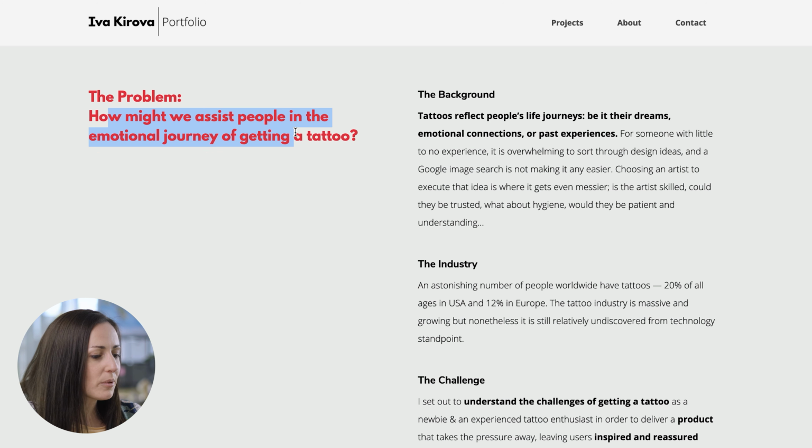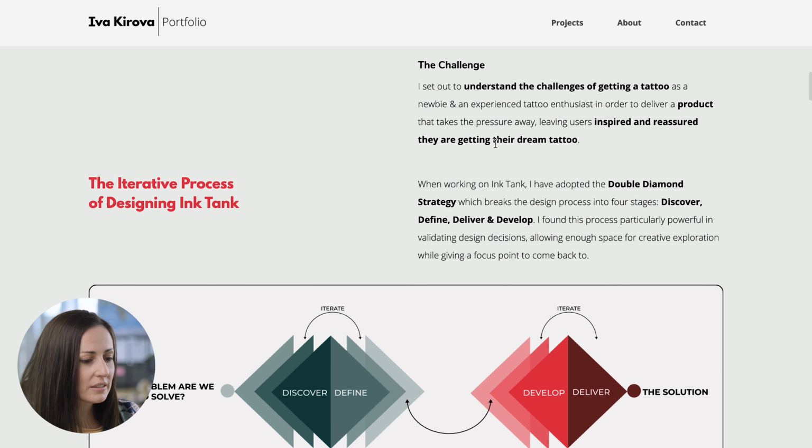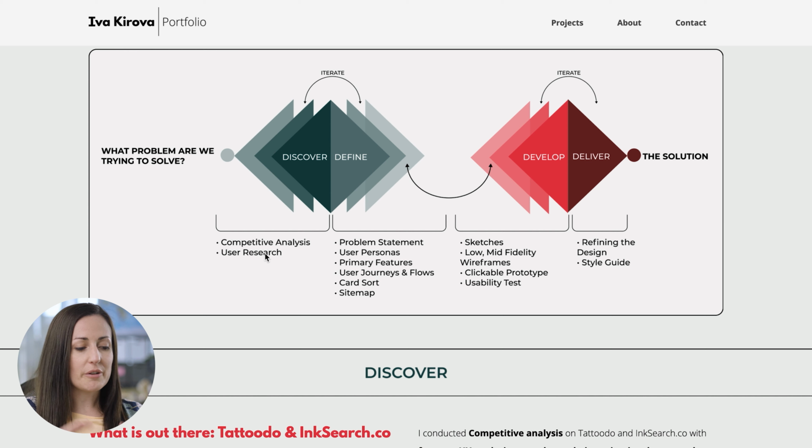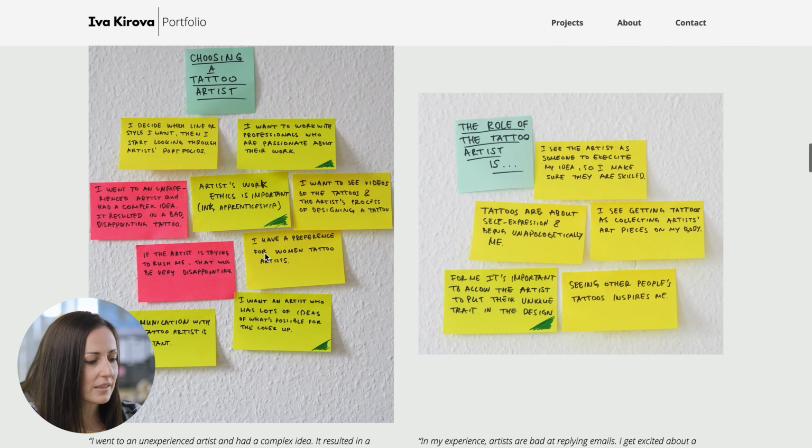How might we assist people on the emotional journey of getting a tattoo? Fantastically worded. Background, the industry, the challenge. We've got a great overview of the general process that Eva used, and I really love how they've listed here the exact tools, methods, things that they've used on that journey to get to that solution. So scanning through, we've got these great clear headlines.